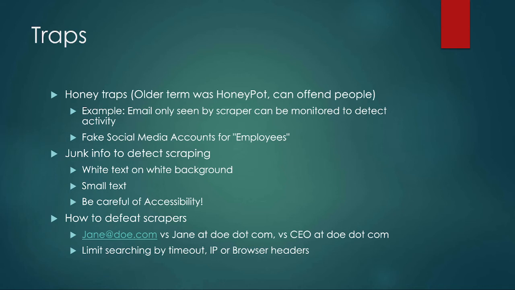Now, some other things that we could do. Let's say, for example, going back to the email, employee lists, emails, names can be valuable information. So instead of having name at doe.com, one of the things that we could do is we could start spelling this out. Now, from a human perspective, the difference between Jane at symbol doe.com versus spelling out Jane at doe.com versus CEO at doe.com. All of these are actually a little bit harder to tell a computer program what it's looking for. If you have the at symbol, the website .com or .org, that's actually relatively straightforward to write,